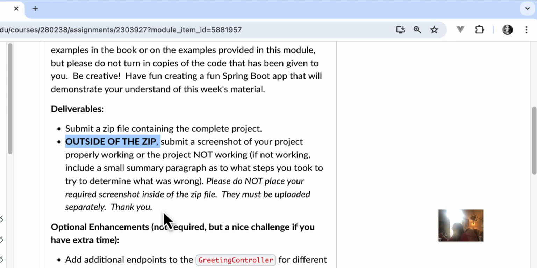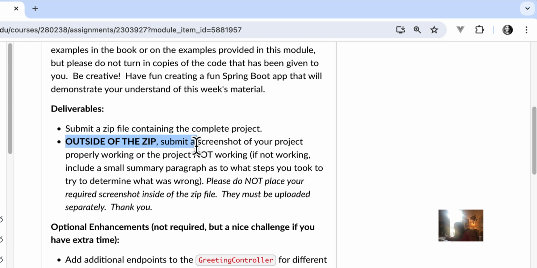If I am unable to get through and get your web application to run, what I do is I go over and I pull your screenshot so that I can see what environment you used. And then I try and emulate that environment to, again, be able to get your web app to run and test it. Or I can look at your screenshot and see that you also had problems getting it to run, and I can take a look at that paragraph that kind of details what you did to try and solve the problem. The point is, I really need those screenshots to be outside of the zip.